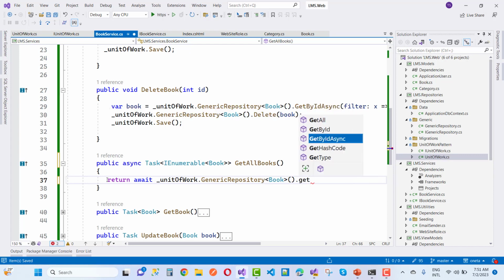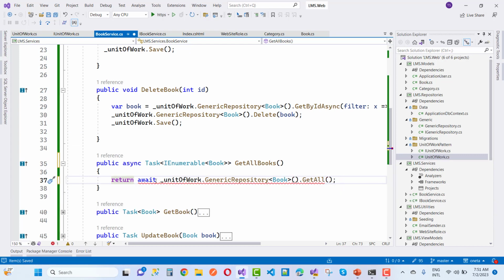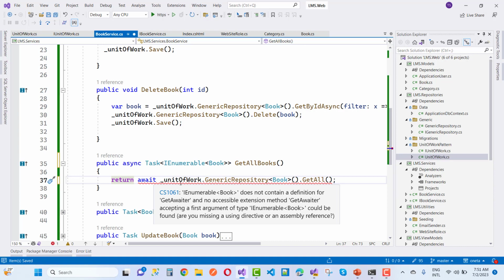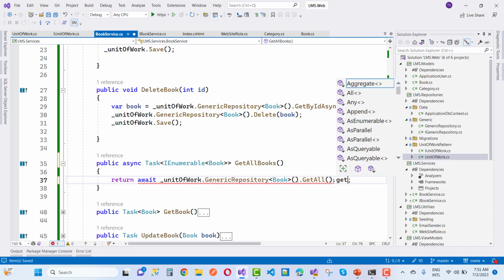So get all without any expression, use it here. But you notice that the definition is get awaiter and not get result. So get awaiter,